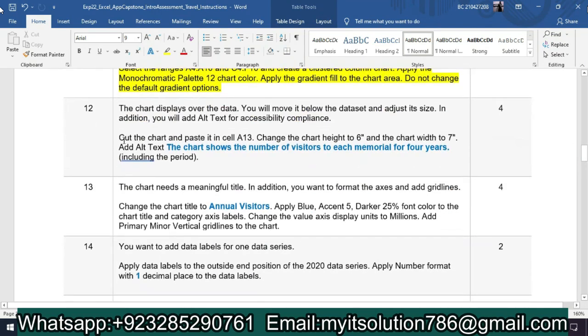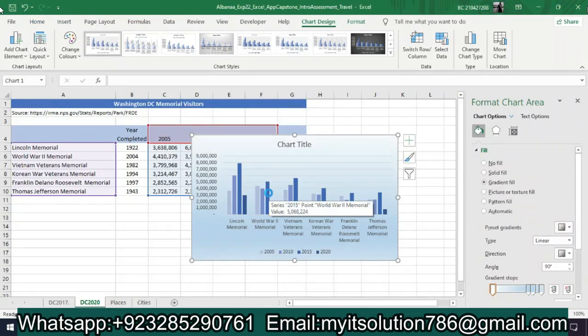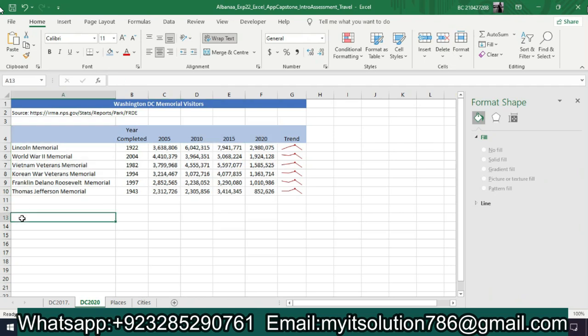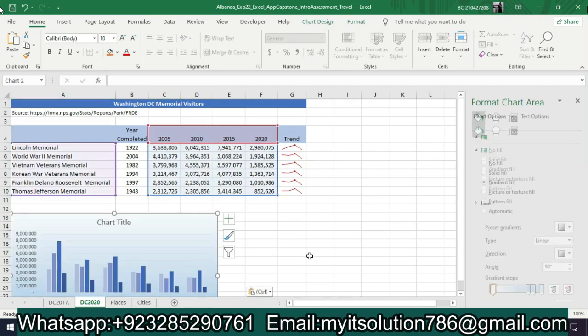So our step number 12 is, cut the chart and paste it in cell A13. Change the chart height to 6 and chart width to 7. Add ALT text. The chart shows number of visitors to each memorial for 4 years, including the period. So in this step we cut the chart and paste in cell A13. So we cut the chart, Ctrl X, and paste into A13, this one, and